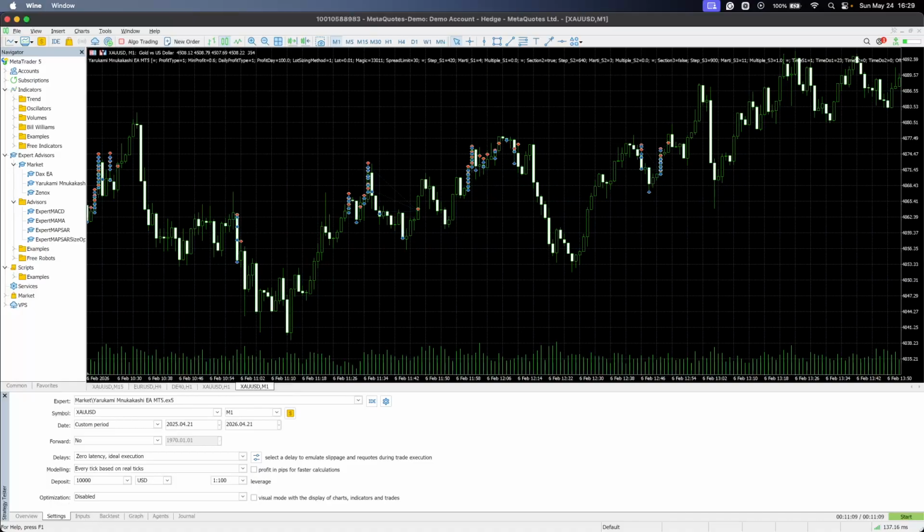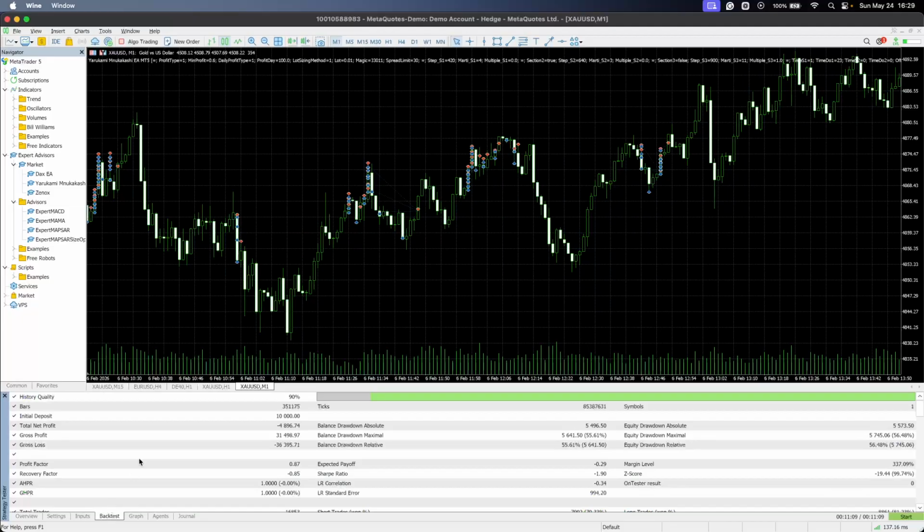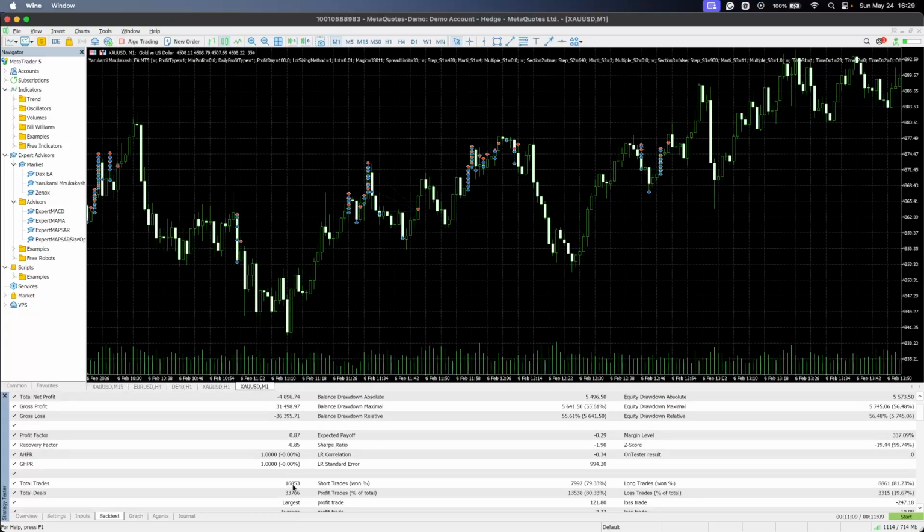And the equity curve starts with some early losses, has choppy recoveries with lots of small green bars, but overall trends downward, ending near $4,900 in the red. The profit factor sat at 0.87, with a negative recovery factor and Sharpe ratio, with over 16,000 trades in total,